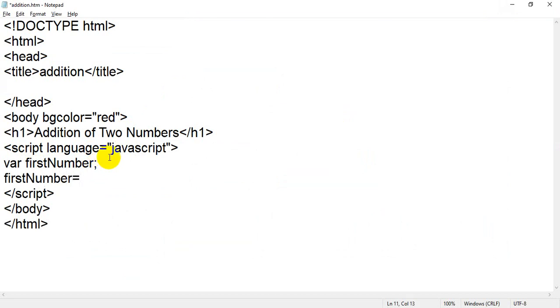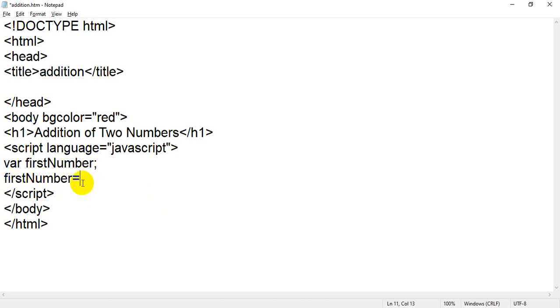In this line I have declared a variable whose name is firstnumber. Now I am going to store some value inside that variable, because variables are declared to store some value. I will store a value from the user.